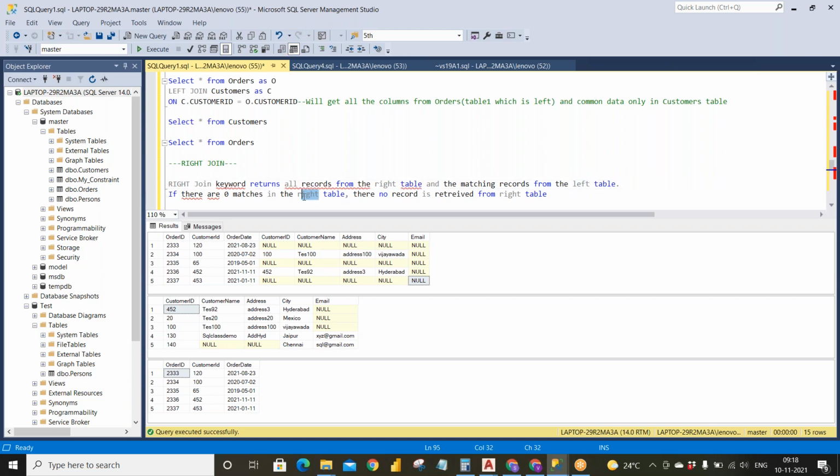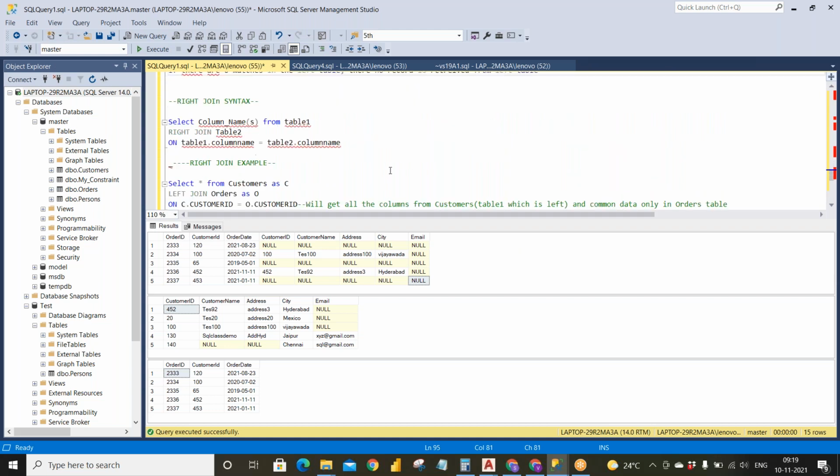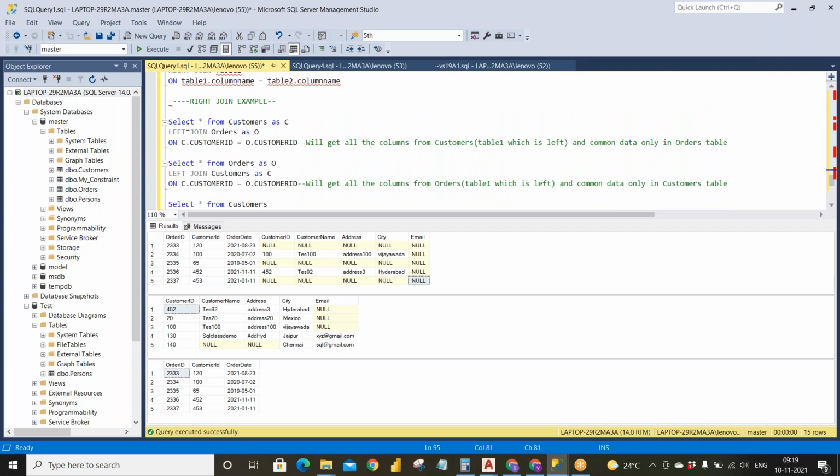If there are no matching records in the left table, then no record is retrieved from the left table. So, right join.